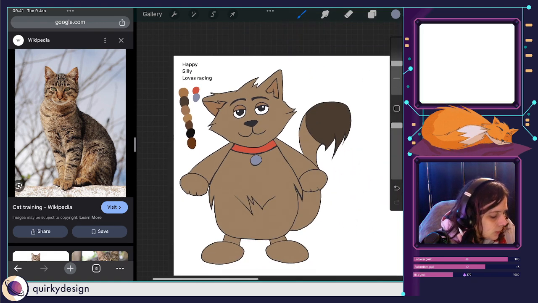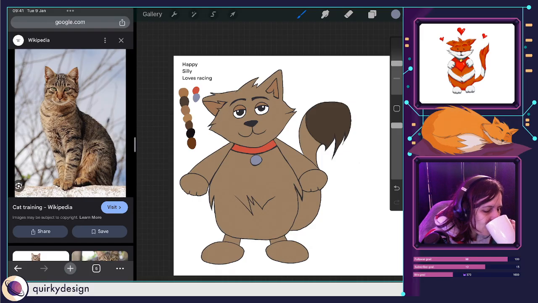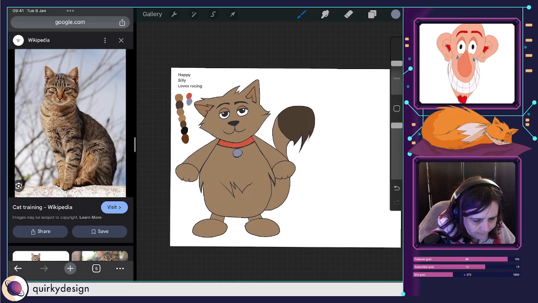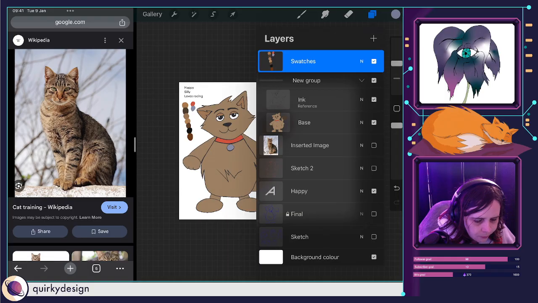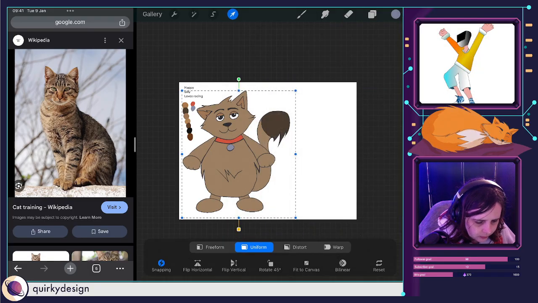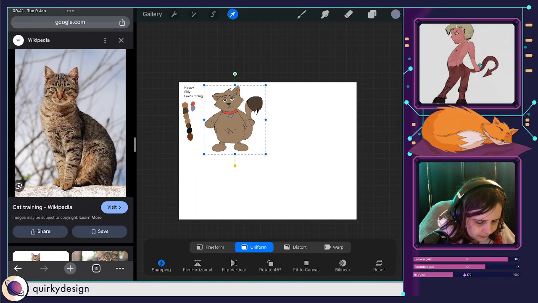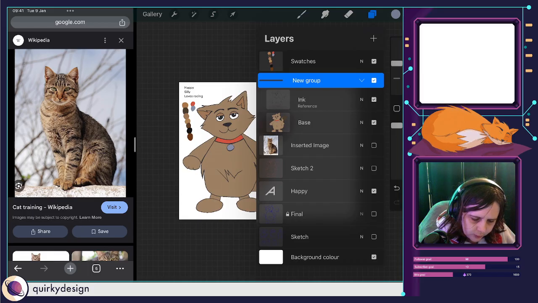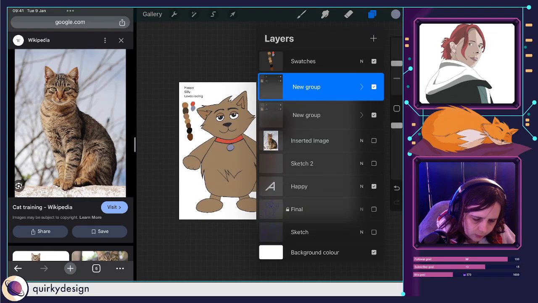Just so I don't have to keep on dropping the colours in, that's all I'm thinking of. I'm going to leave one full size because I don't know how much it affects the quality, so let me just duplicate that group.